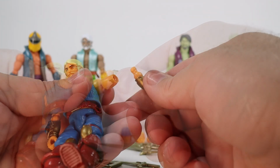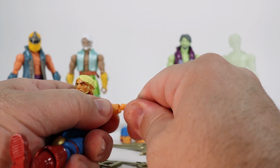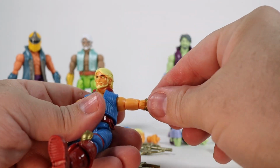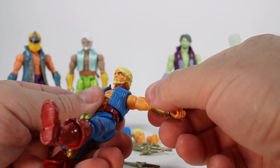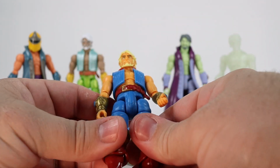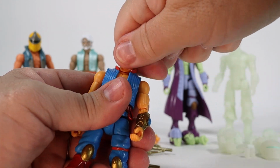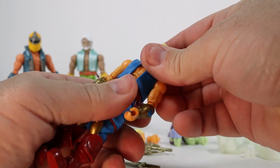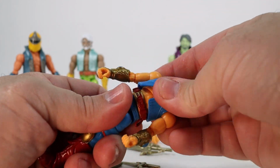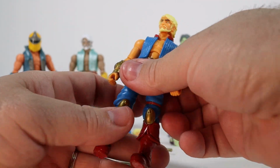So I'm not actually sure if you're supposed to. That looks like a different kind of joint. I might have just forced something you weren't supposed to do. But I'll pop it back on for now and pretend like it didn't happen. See, I'm not really entirely sure what pops off and what doesn't. The head, as you saw earlier, easily pops off. The neck pops off. I can't get it off right this minute. I don't know if this torso pops off. Anytime I try to pop anything off, I mean the upper chest, so...